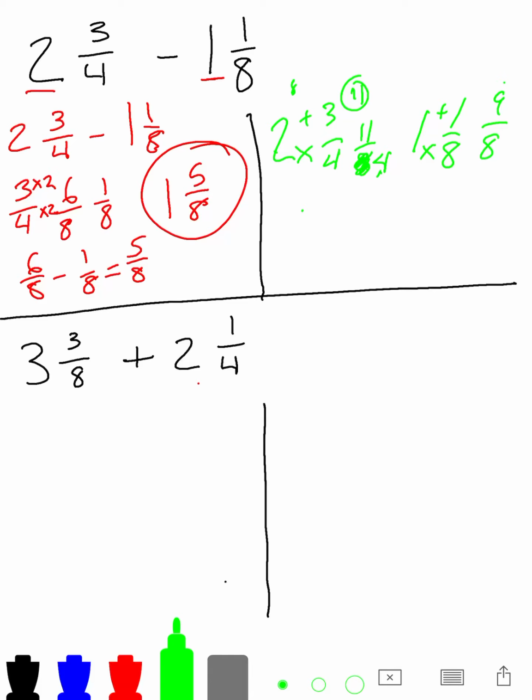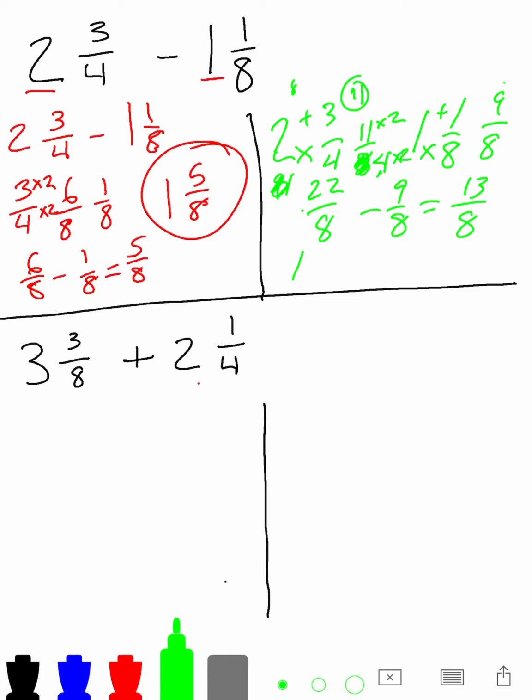Now I have to make it over 8. So I'm going to multiply by 2, and I get 22/8 minus 9/8, and that gives me 13/8. So to see if 13/8 is the same as 5/8, I look at my 13/8 and I know that